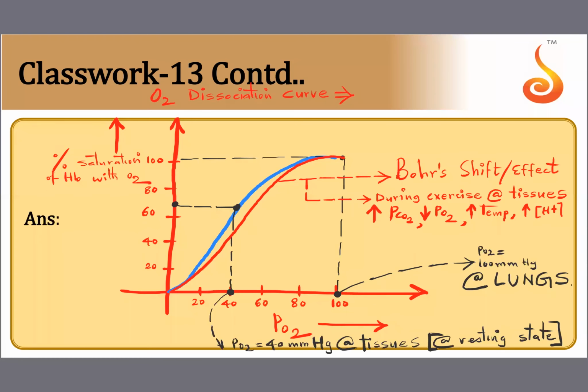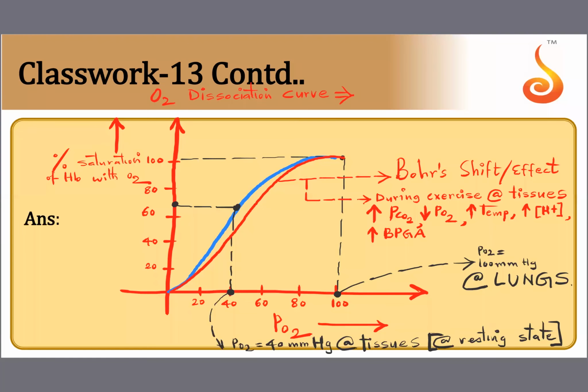And when you are exercising, due to increased metabolism in your muscles, there is also a compound which increases in your blood. It is called bisphosphoglycerate, bisphosphoglyceric acid. So sometimes when this bisphosphoglyceric acid increases in its concentration, that is also going to shift the curve to the right side. All this is associated with influence of partial pressure of carbon dioxide. Generally, a rise in the partial pressure of carbon dioxide.